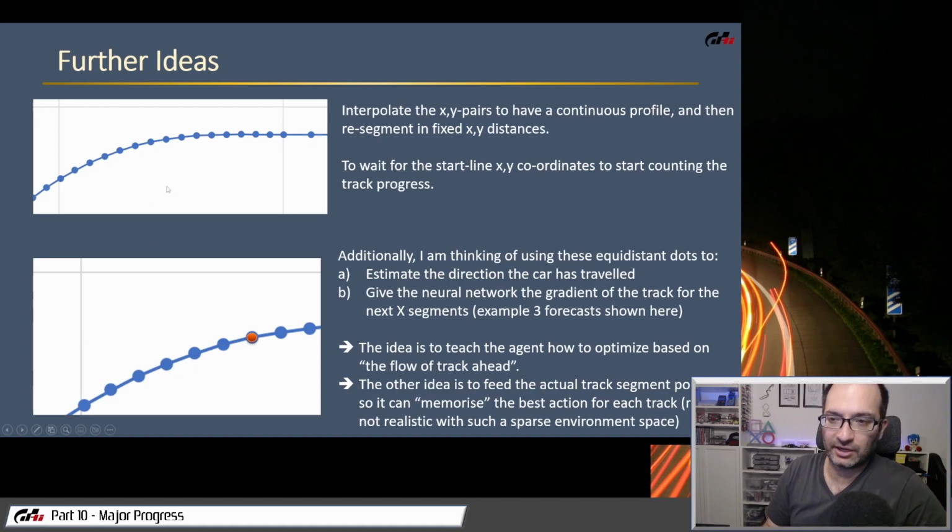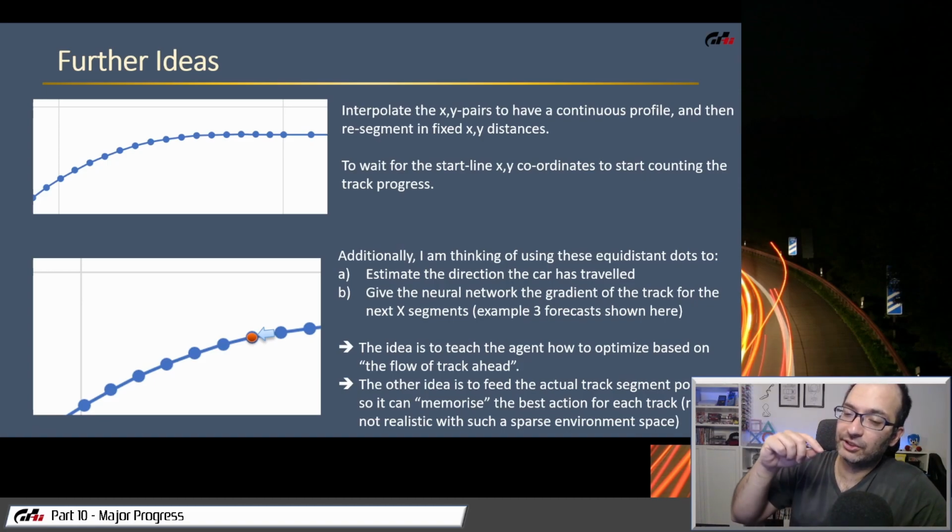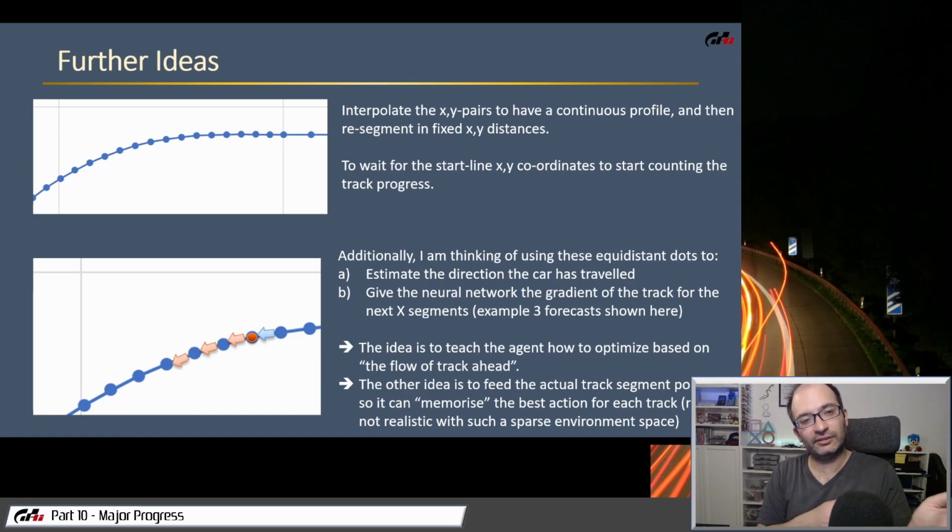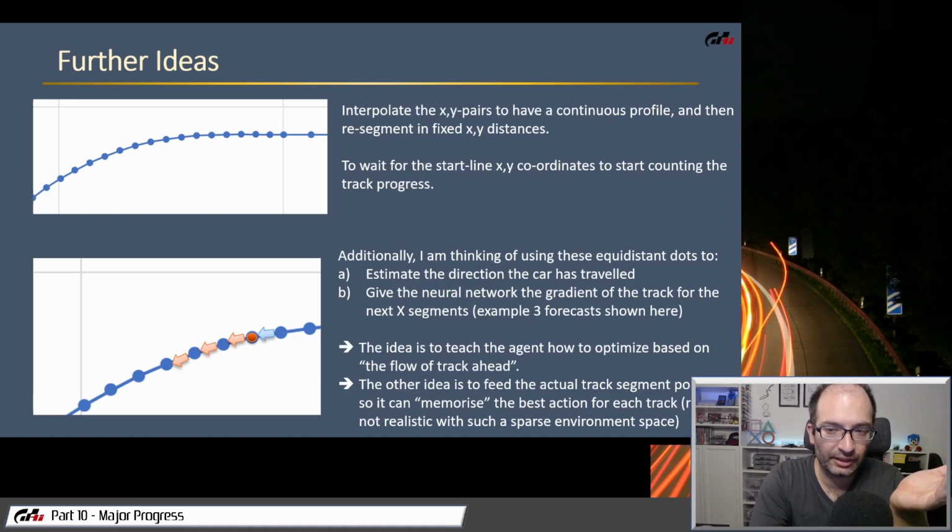So let's assume the car is around this position. I think I can use the closest position and the vehicle's actual position to calculate the traveling vector of the vehicle. Then I can also calculate the next three ideal vectors according to the track. And what I'm thinking of doing, and 3 is just an example, is this: